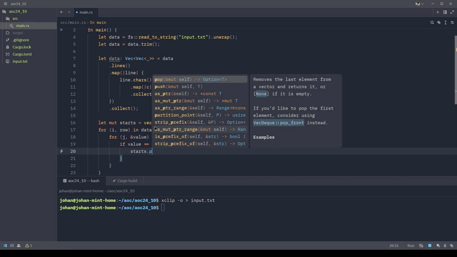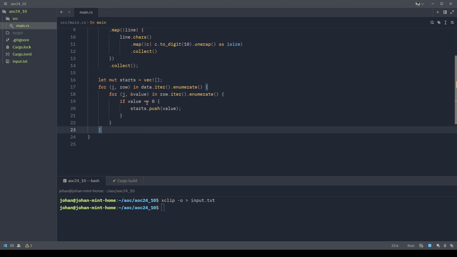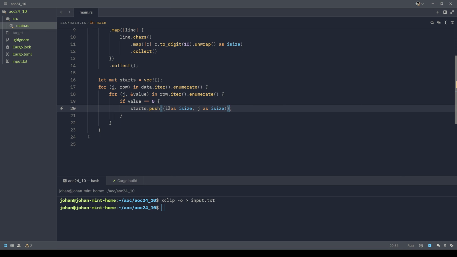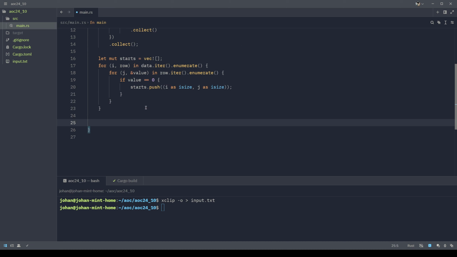So then we'll push the value. Okay, so we have each start. No, we want to push ij and as ice size. All right, and then we just want to get all of the